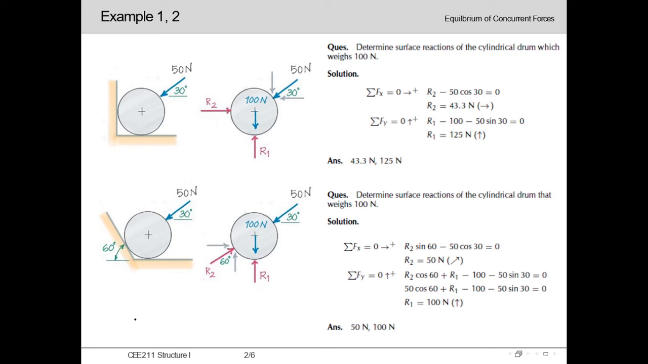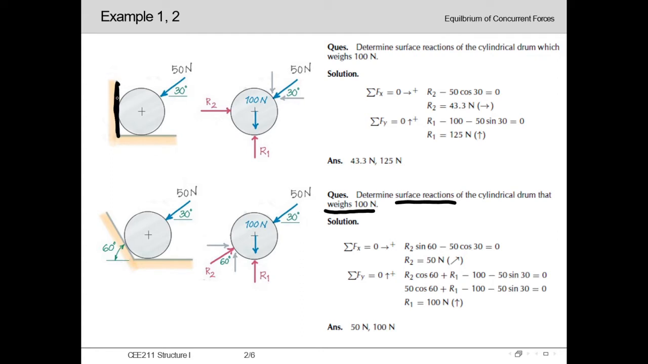Now moving to the second problem, where the question is almost the same: we are asked to determine the surface reactions of the same cylindrical drum with self weight of 100 Newton. So here also we are asked to determine the surface reactions, but the difference is that initially in example 1, this wall